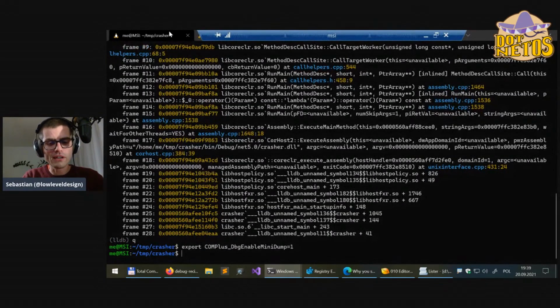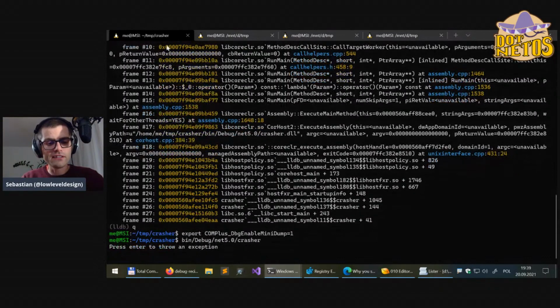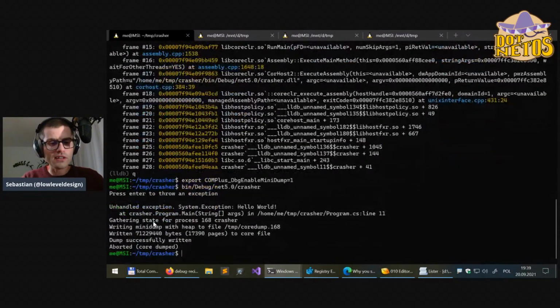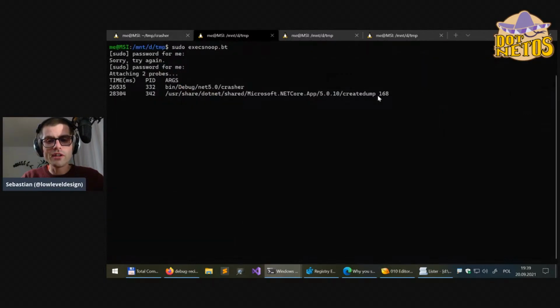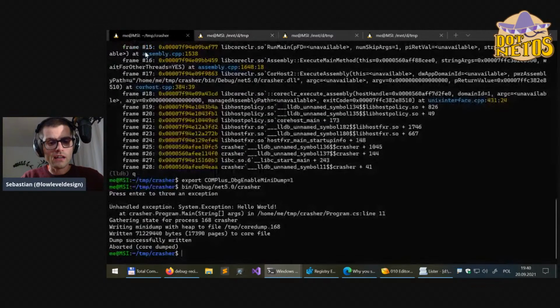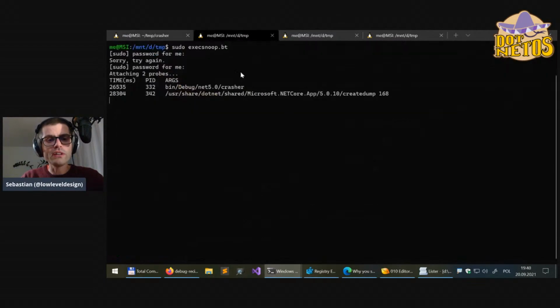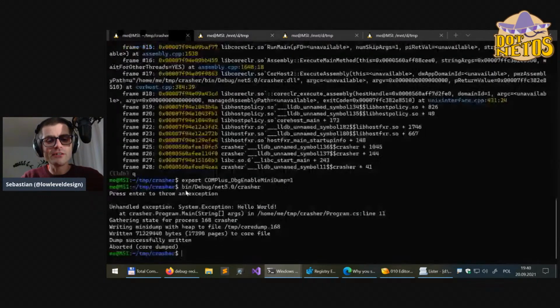So now we have this environment set. Let's run the crusher again, and this time we should see a message coming from the .NET runtime that it created a core dump in the temporary folder. And we can also see that the createdump was started. So that confirms that the .NET runtime internally, when we set this environment variable, used createdump to create our